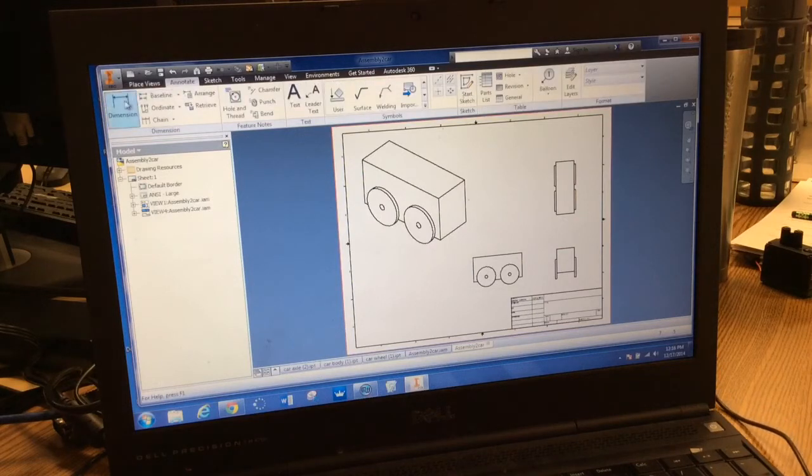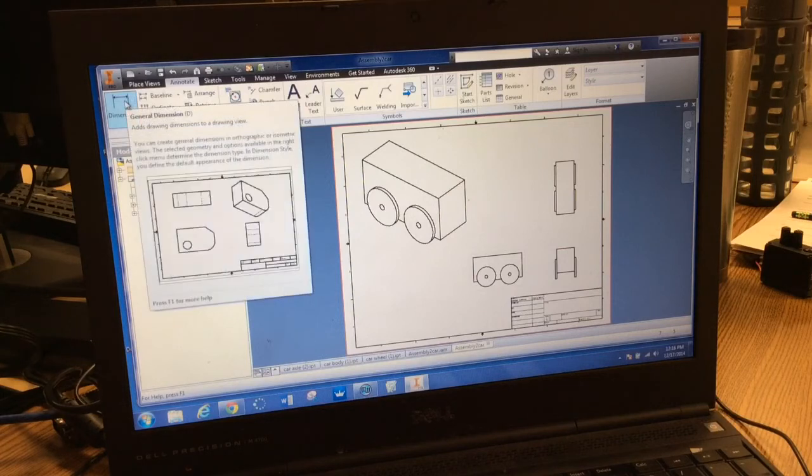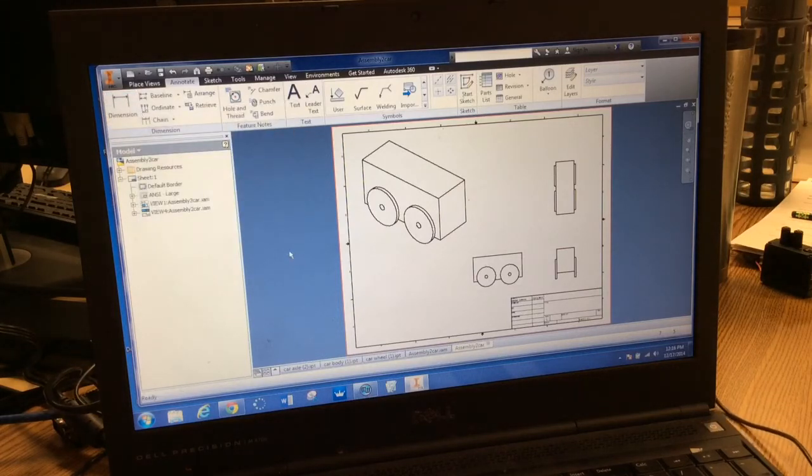Annotate is how you're going to dimension it. I will not dimension it because then you'll see the answers. I want you to dimension heights, lengths, depths, widths, diameters, all that good stuff, so I can make sure that you did step 1 of the reverse engineering project correctly, which was measuring all of the different parts with a dial caliper. We can also create a parts list on here after you've dimensioned everything